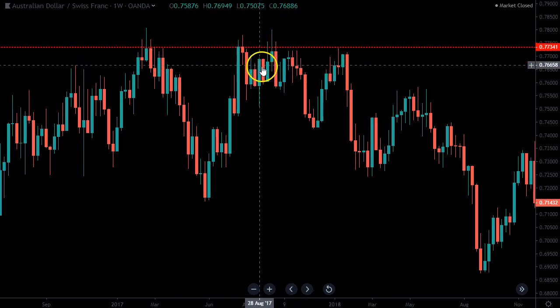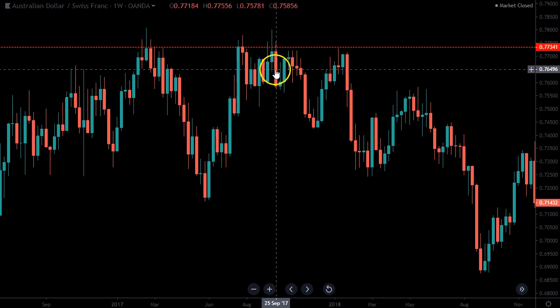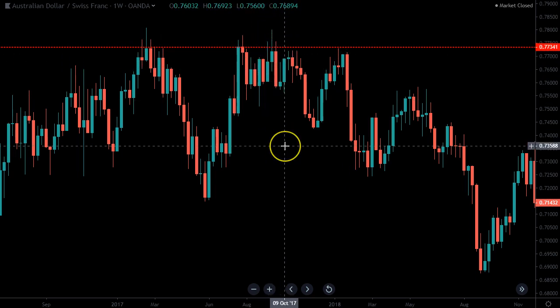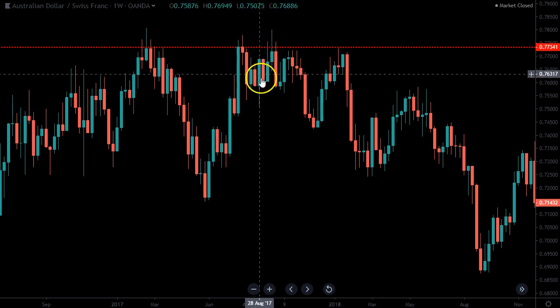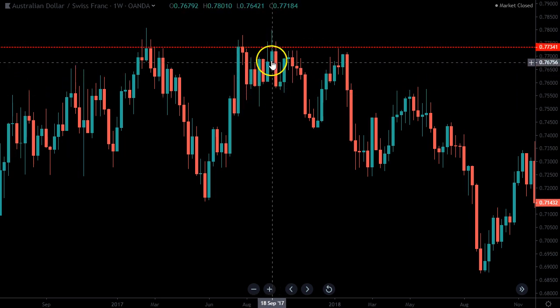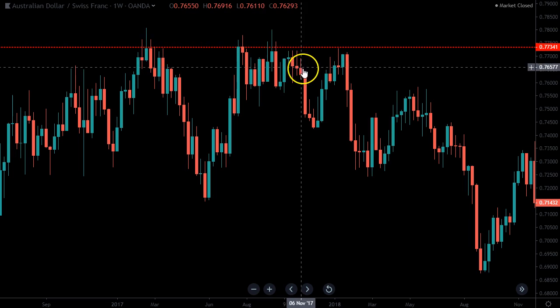And then we can find, all right, the market is coming up, wicking here, boom, falling. This is also a retest candle. That is also a bearish candle that engulfs this previous bullish one. So you have a lot of confirmations here. But